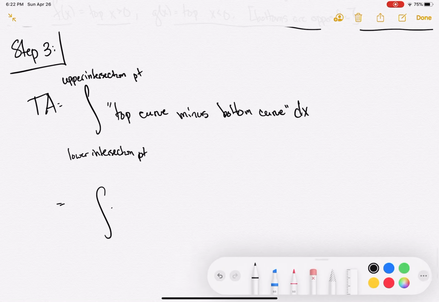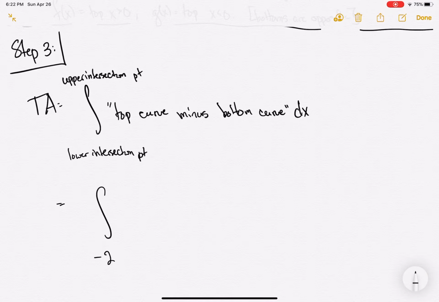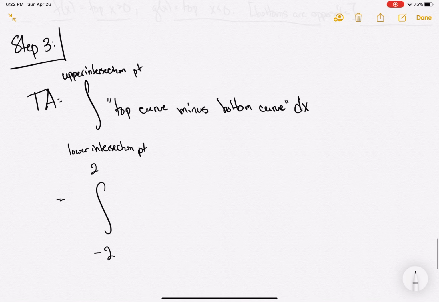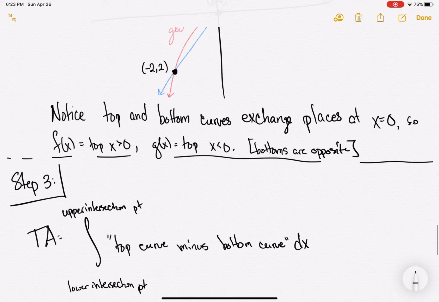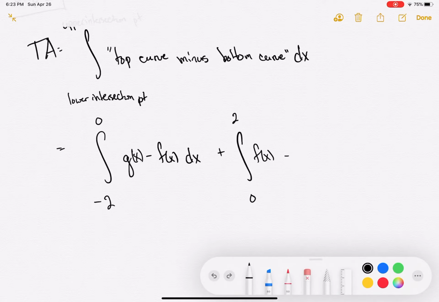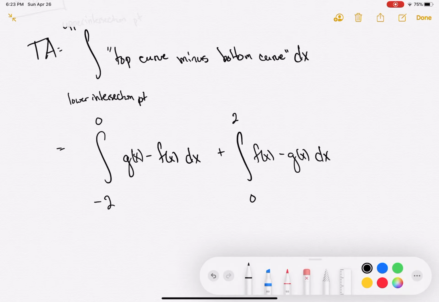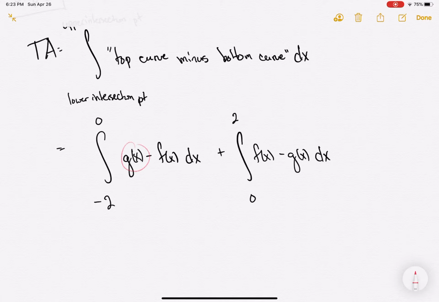So I have the integral from -2 to 0. And we said when x was less than 0, g was on top. So top curve minus bottom curve dx plus integral from 0 to 2, top curve minus bottom curve dx. Oops. Thinking too much as I'm speaking. Just to specify this more, this is the top